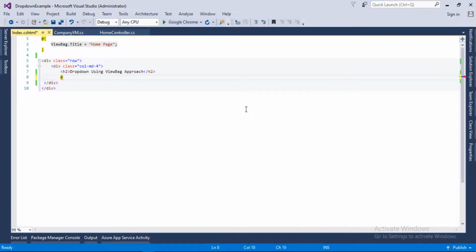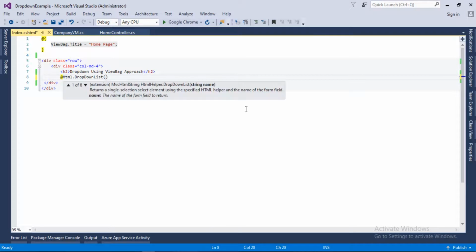So let's add the HTML helper for the drop down. Let's type Html.DropDownList, and this will be ID, so it will represent the company ID, or let's say only ID. And the second item we need to pass is the ViewBag list.